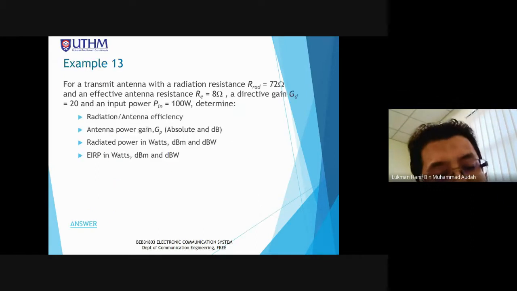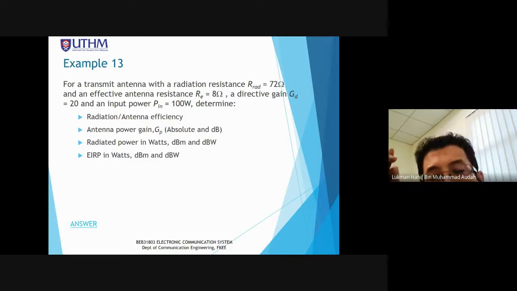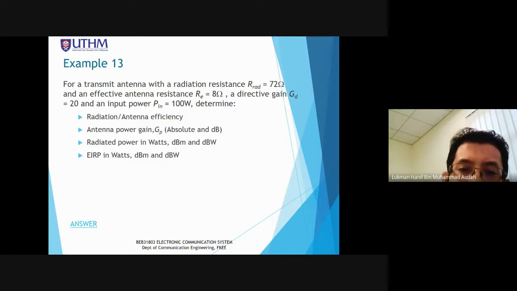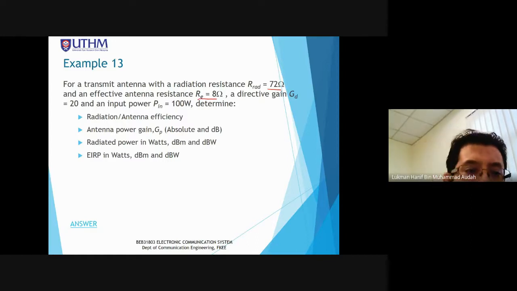So next example, example 13. For a transmit antenna with a radiation resistance R radiation equal to 72 ohms, and effective antenna resistance equal to 8 ohms, the directive gain GD is equal to 20 and the input power is equal to 100 watt. Determine the following. Okay, so we can find the radiation or antenna efficiency,